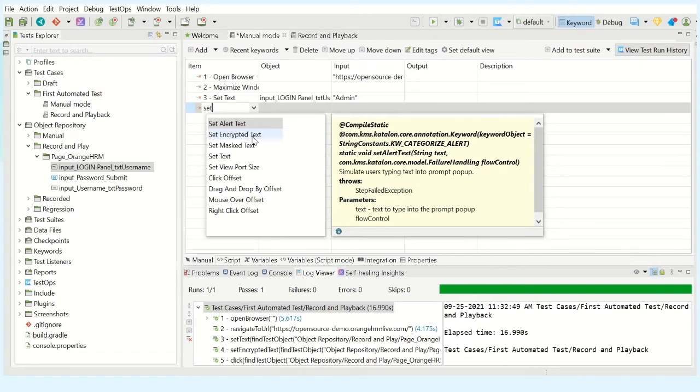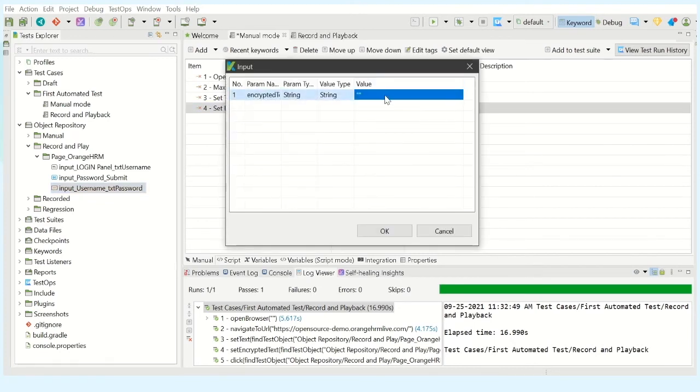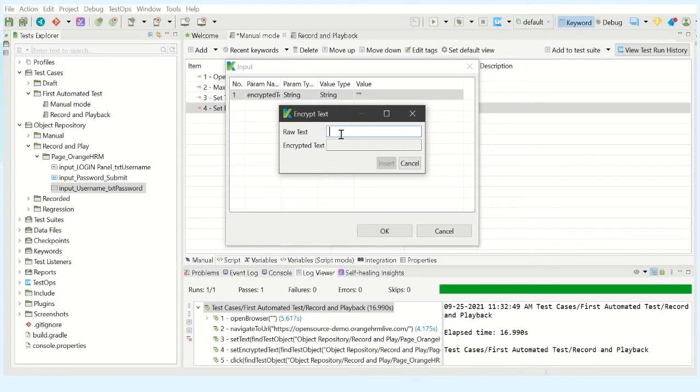That means you can't see the actual password, which is wanted by many of the applications that they don't want to disclose their password even in automation. So you choose this keyword and select the object. This is going to be the object. Drag and drop it over here and just set the password. So here, encrypted password. Now you enter the password which is admin123.